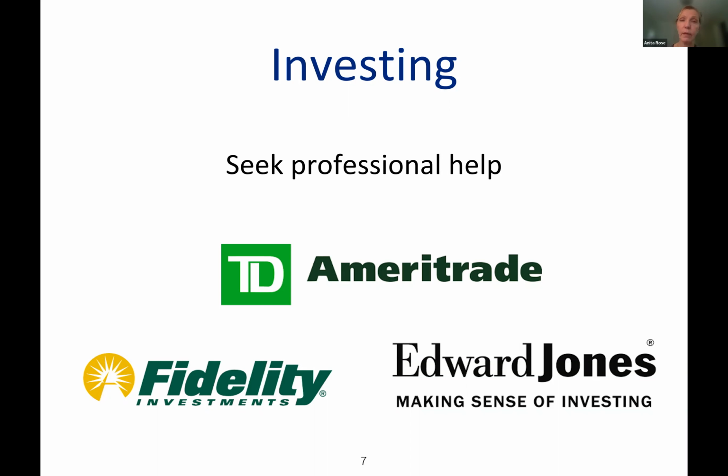But here are some companies that you can consider using for investing, if you want to do some trading on your own, you have an idea, you think something will do well and give it a try. Ameritrade is one, Fidelity Investments, Edward Jones is another, a very conservative investor to help you so you don't lose your money. Charles Schwab, which I use, I think is very good, with no-cost trading and lots of free advice.